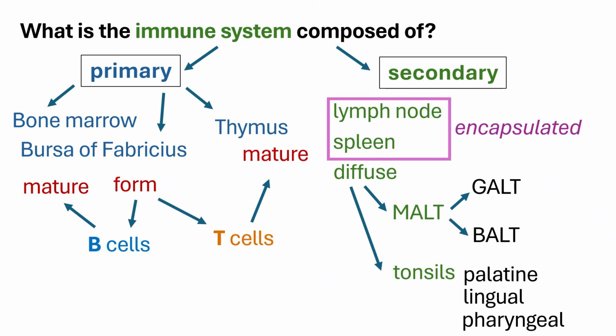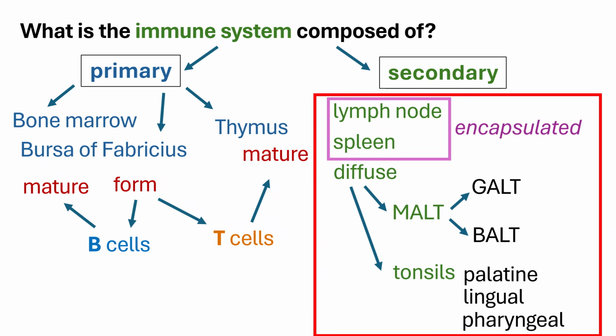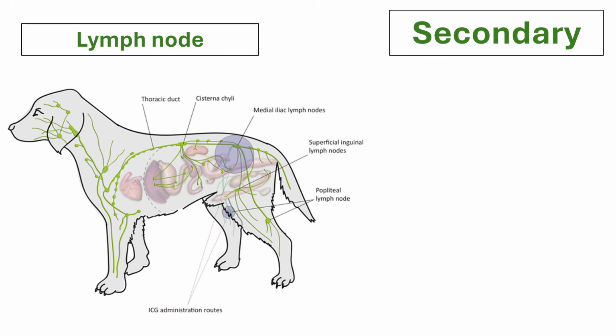Now let's go to the secondary organs, okay? Let's go to the lymph node and the spleen. Lymph nodes. So the lymph nodes are basically your pit stops. Okay, these are the filtration areas where the afferent lymphatic vessels drain. So, for example, all the lymphatic fluids from this area will drain to this lymph node. All the lymphatic fluids from this area will drain to this lymph node, etc. Okay, so they are like satellite offices with a high population of checking cells.